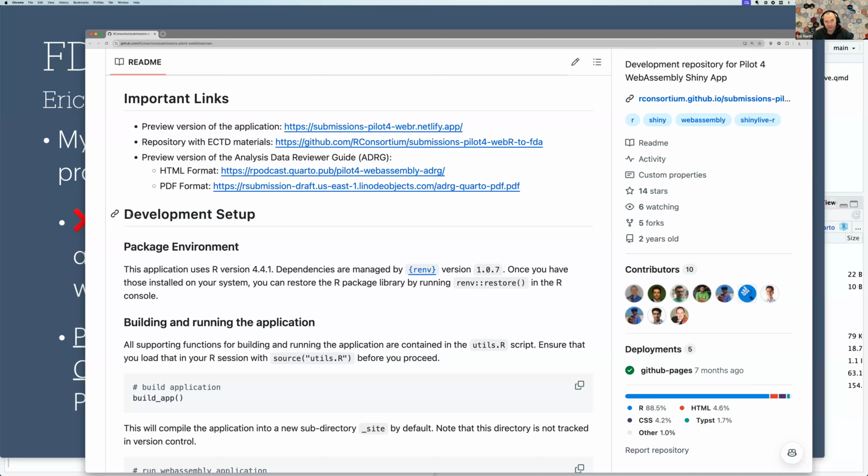But what we did in this pilot submission is we used this on aggregated data that, again, was already publicly available. The other approach to keep in mind is that when you share this with a regulator, it is shared through their direct transfer protocol. Hence, they're not sharing it publicly from their side. They're going to review it on their respective infrastructure. So at least we wouldn't be sharing it externally, so to speak.